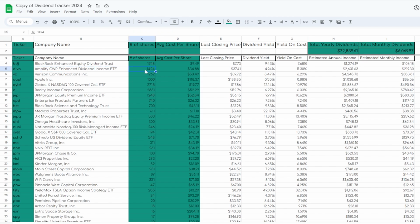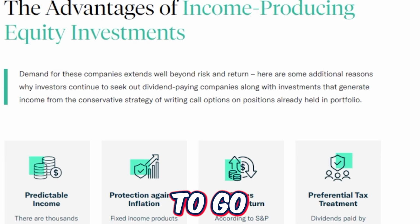Now, with my DIVO shares sitting at around 1,420 shares as of right now, I think I am going to make a new goal to try to get this position up by the end of the year to say 1,700 shares altogether, or maybe even closer to 2,000 shares, but we're going to have to see what we can do. The last thing I want to go through when it comes to the DIVO ETF is this page